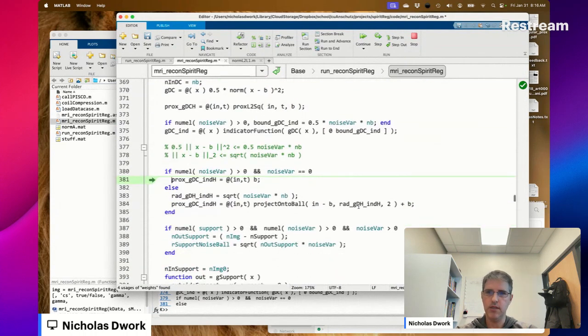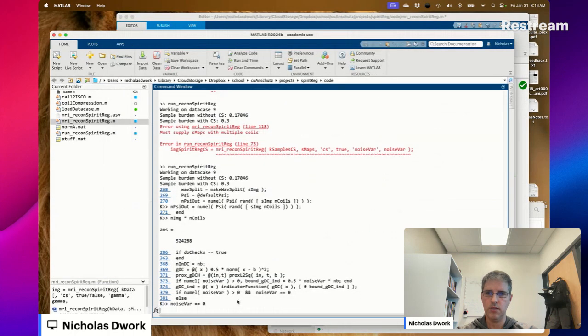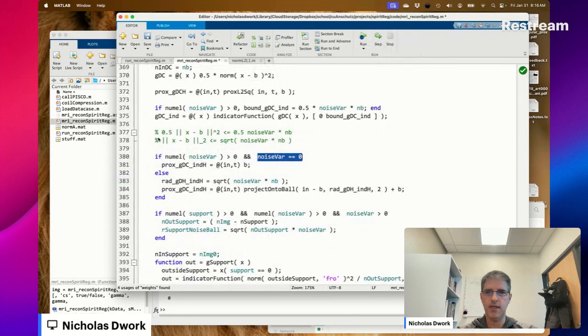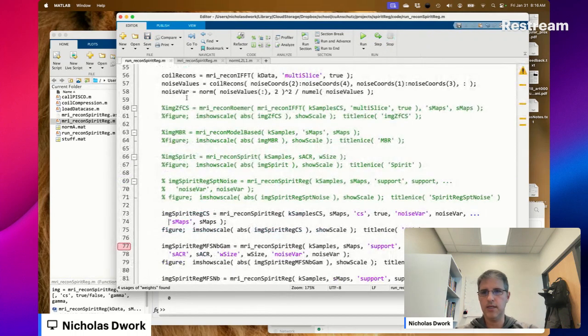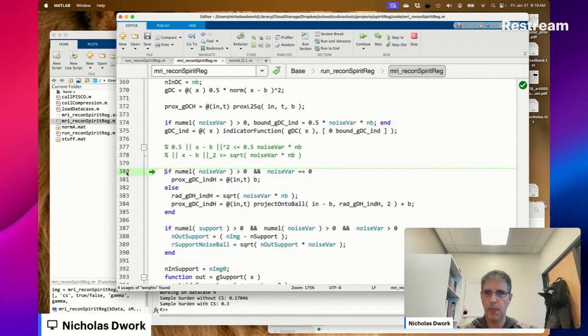Where are we? Noise var. Noise var is not equal to 0. I just added a line to the code, so that messed it all up. Okay.